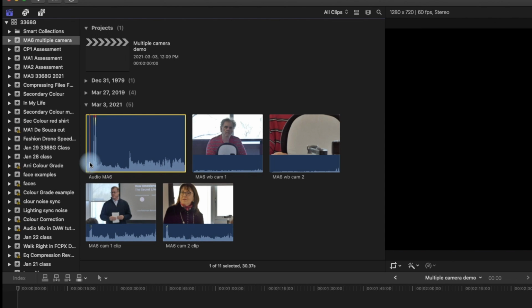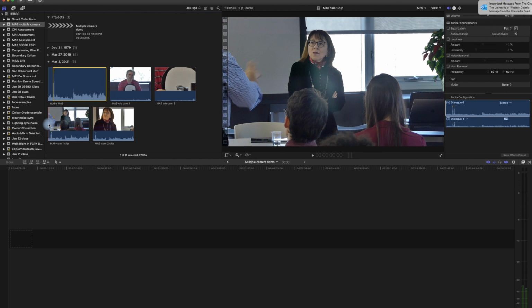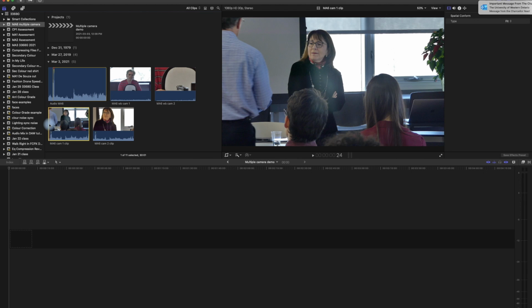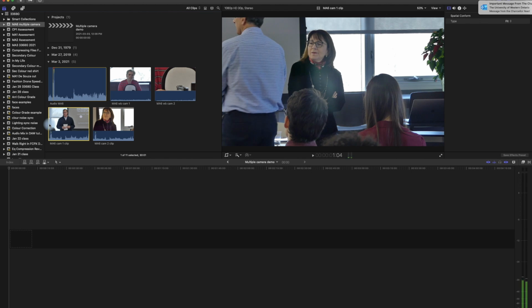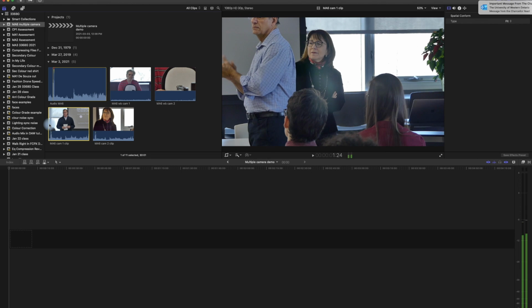Let's start with the audio. Use your right arrow key going along until you see it or hear it. Look at the meters I've got up. You see that jump. Step back one and press I to create an input point. We can then move to the camera 1 clip, select it, start moving my playhead with my right arrow key,